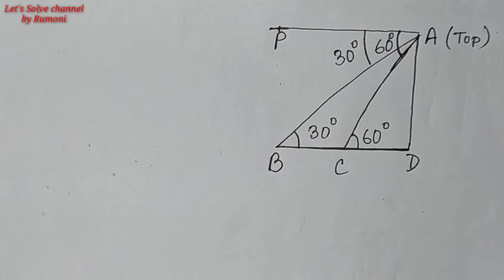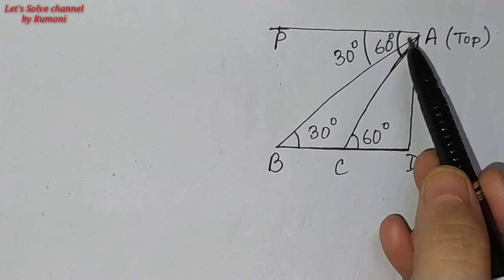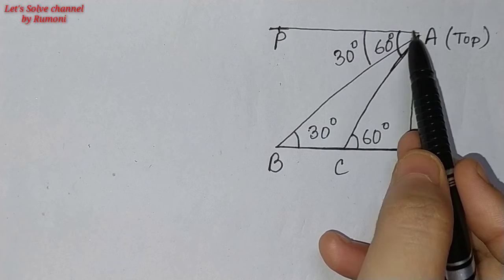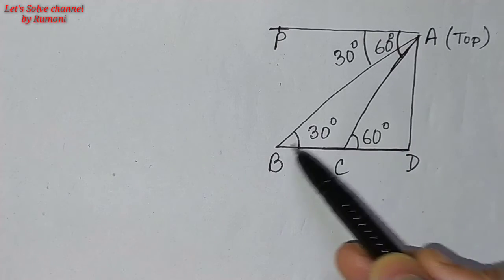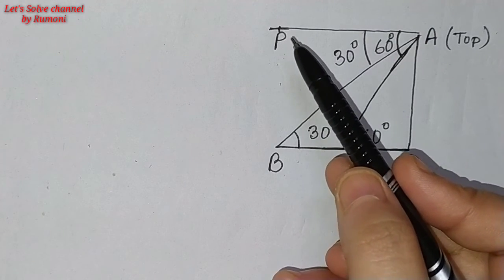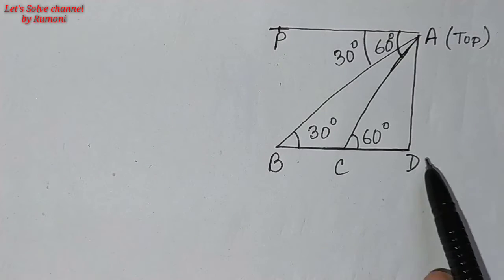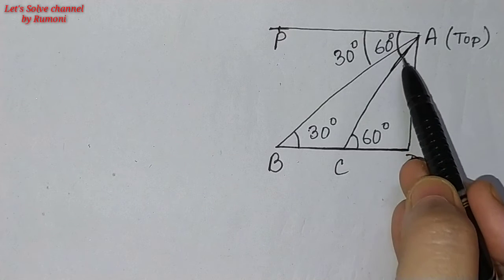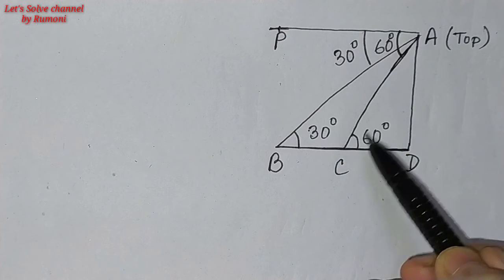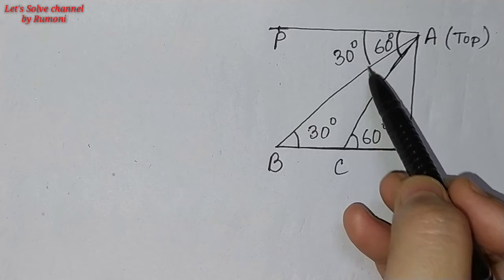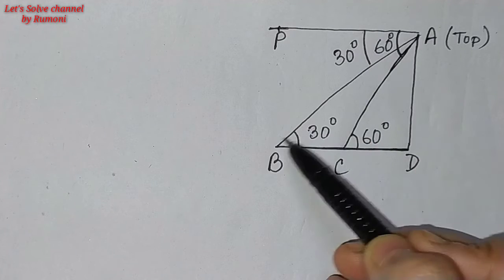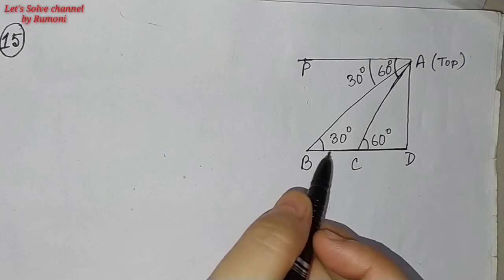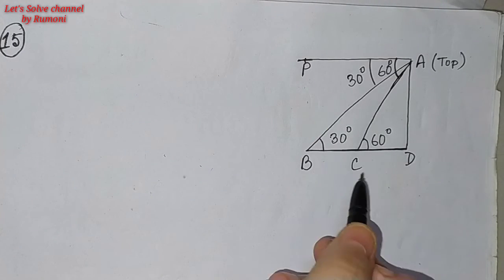So let us do this. So students, this one is what? Angle of depression, isn't it? And see, this I have named as A, B, C, D, and this one as P. Now you can see this AP is parallel to BD. And since this is 60 degree, that means this AC will be the transversal and this one will be 60 degree, and this is 30 degree, and that means AB is the transversal, so therefore this angle will be 30 degree, isn't it? So which is alternate angle, isn't it? All these are alternate angles.